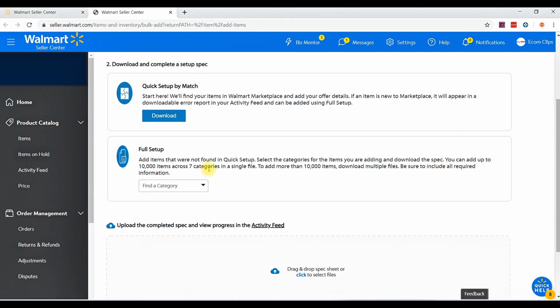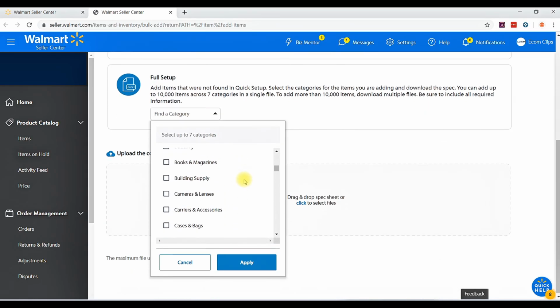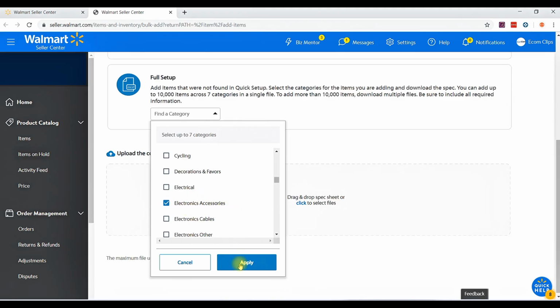If you are adding new items that were not found in Quick Setup, then add your items by using Full Setup. Select the categories from the items you are adding and download the file. You can add up to 10,000 items across 7 categories in a single file. Today we are going to add items using Full Setup, so we need to select the category from the drop-down